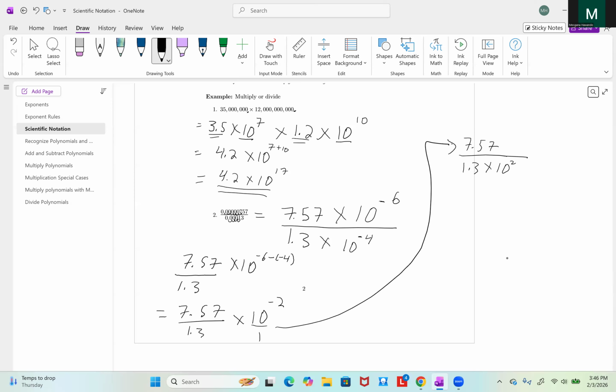Our result is 5.82 over 10 to the power of 2. 10 squared means 100, so 5.82 over 100. Dividing it by 100, we get